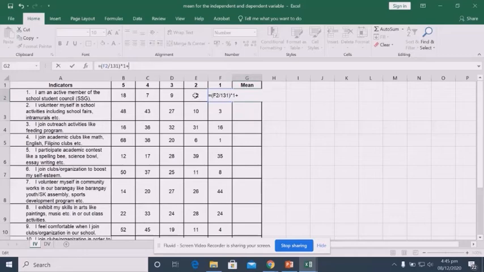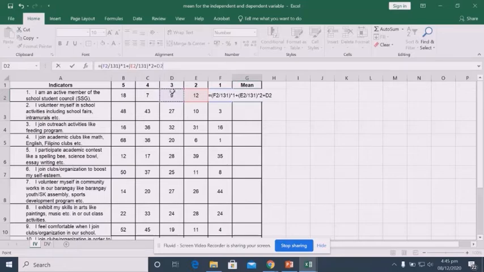Okay, take the number 2 scale, then divide 131, the total number of respondents, then times scale 2, then plus, take the scale 3